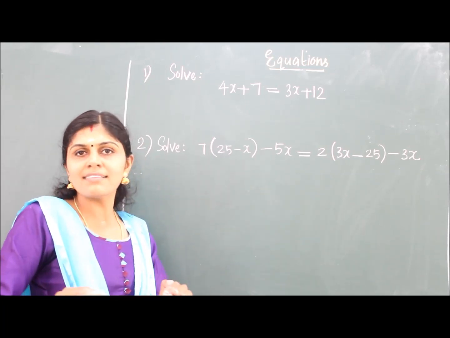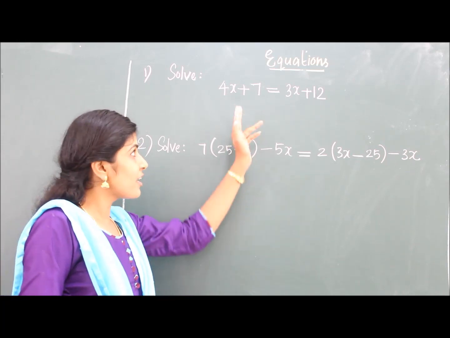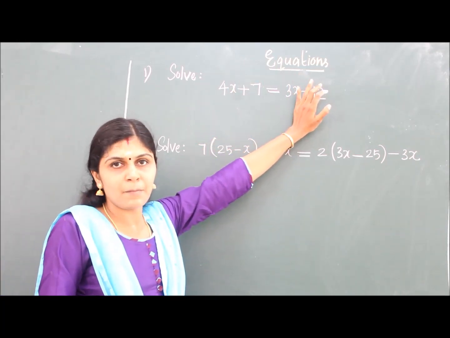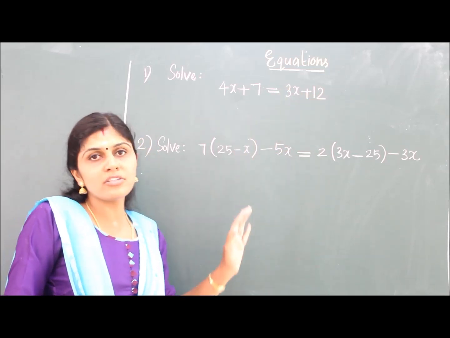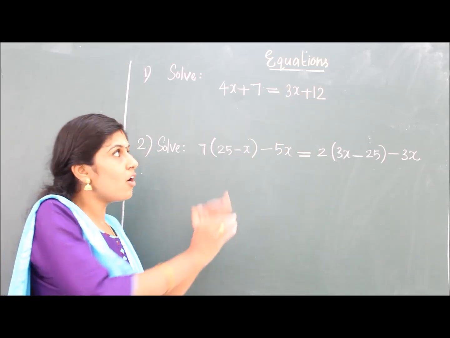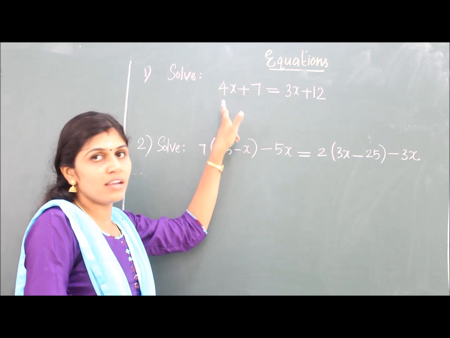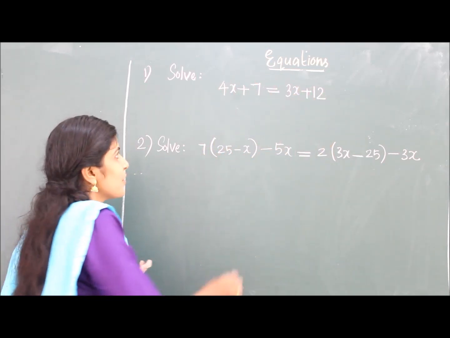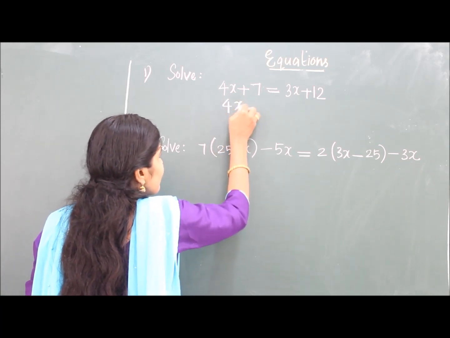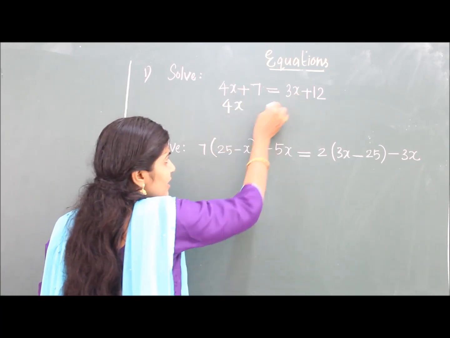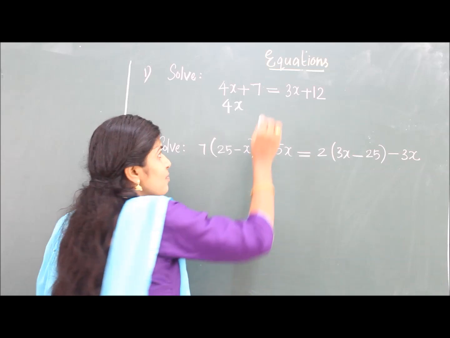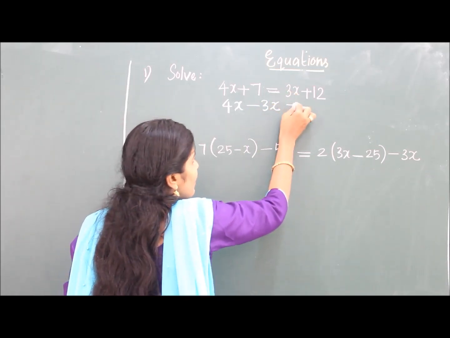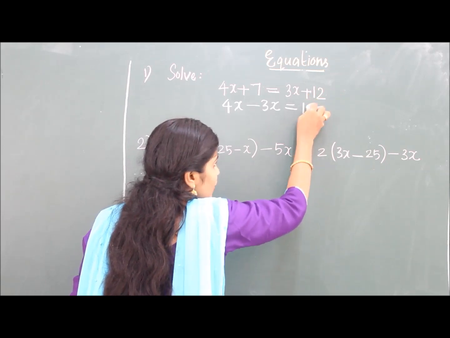Usually, in your smaller classes, you might have studied that for an equation there are 2 parts. This is the left hand side and this is the right hand side. So here I am going to take all the terms containing x to the left hand side and all the numbers to the right hand side. So here 4x is on the left hand side and taking 3x to the left hand side, this plus 3x becomes minus 3x. It is equal to plus 7 is already here on the right hand side.